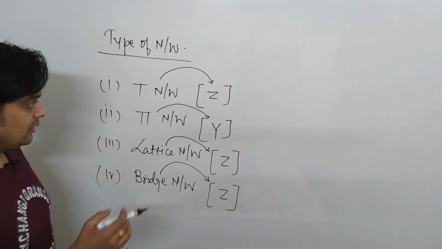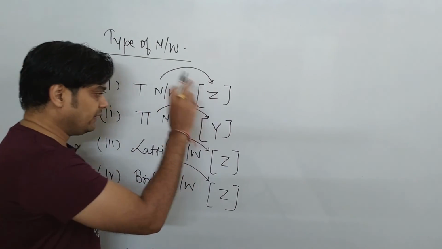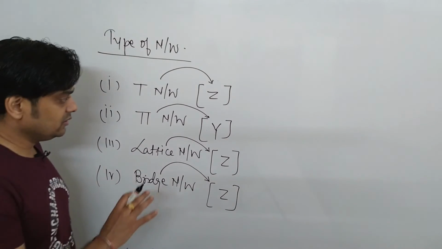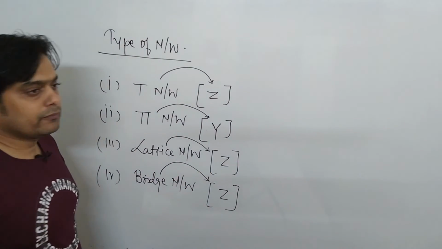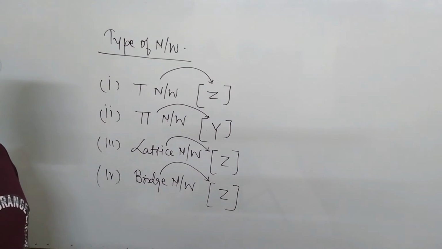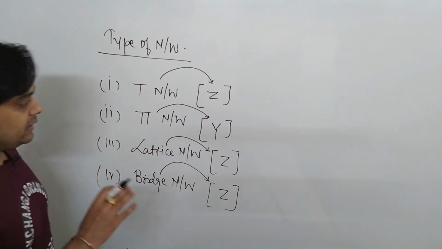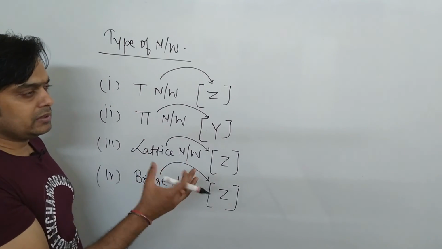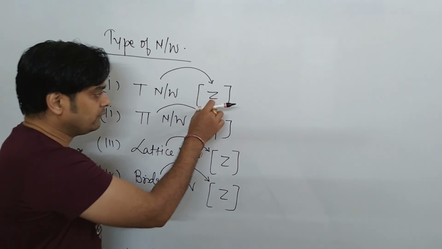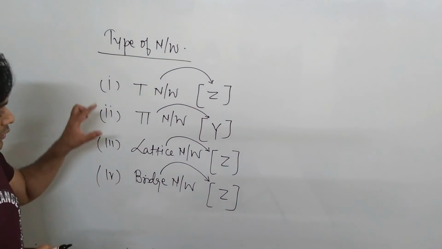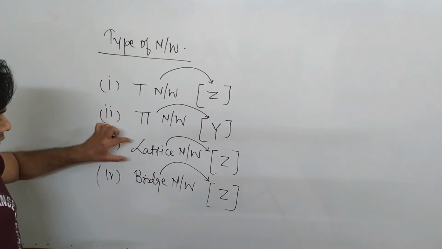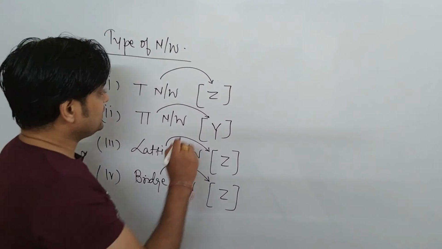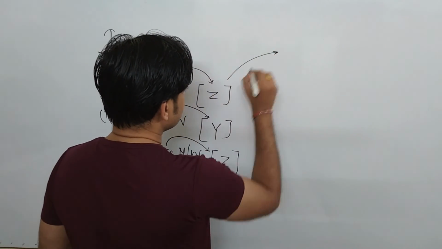That doesn't mean that you can only find the Z parameter. Depending upon the condition of the network, you can find any type of parameter combination of a two-port network, but it is easy to find the Z parameters when there is a T type of network. So this you have to remember. Such a type of question was earlier asked in GATE also. So first of all we will see what is a T network.